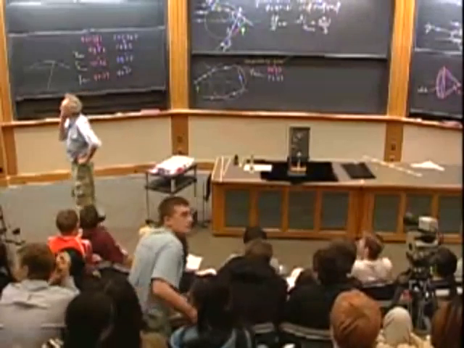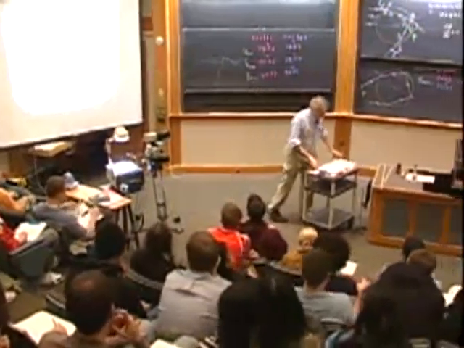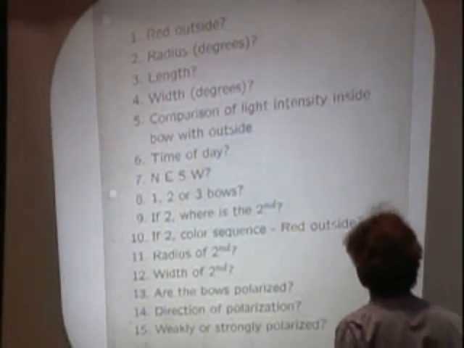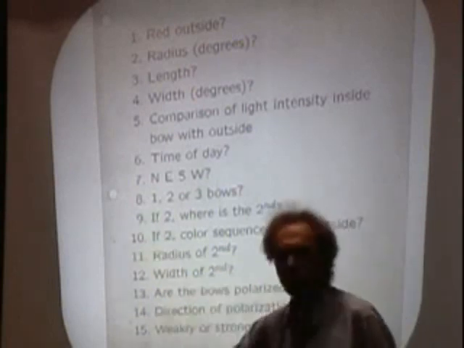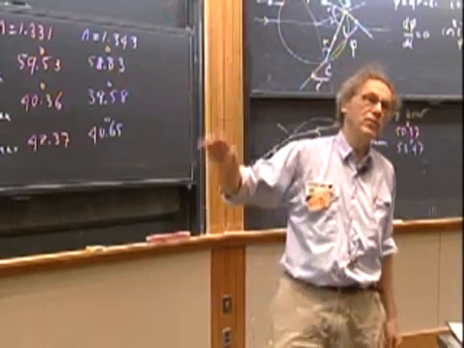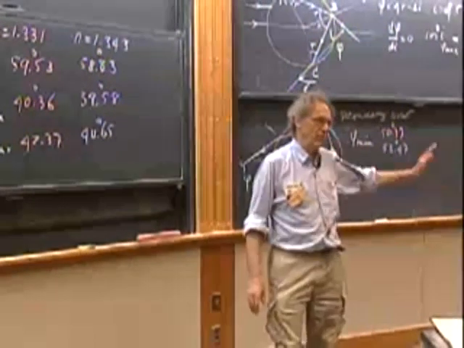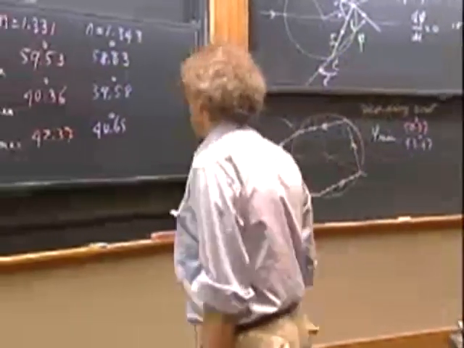All right, so here is your chance. Most of them, of course, are trivial for you now. Clearly red is on the outside. The radius is about 42 degrees. We work through that quantitatively. And the length of the bow, that depends on where it's raining. If it's only raining there, you would only see a small portion of the rainbow, of course. And what is important is the elevation of the sun. The higher the elevation of the sun, the less rainbow you see. We just discussed that.